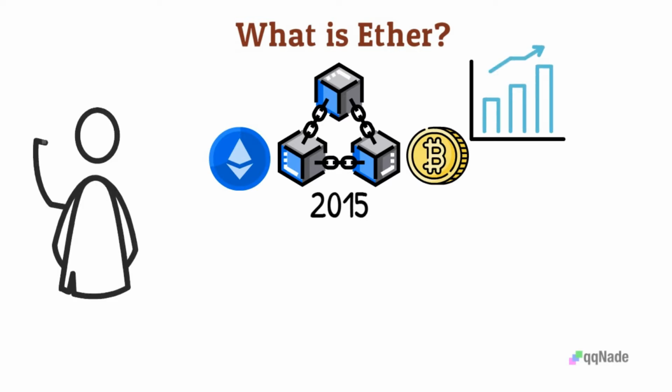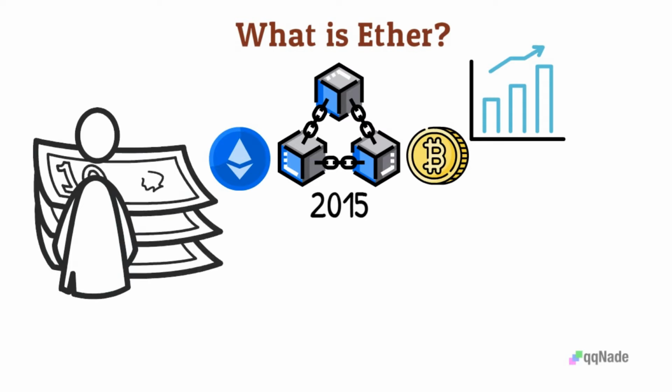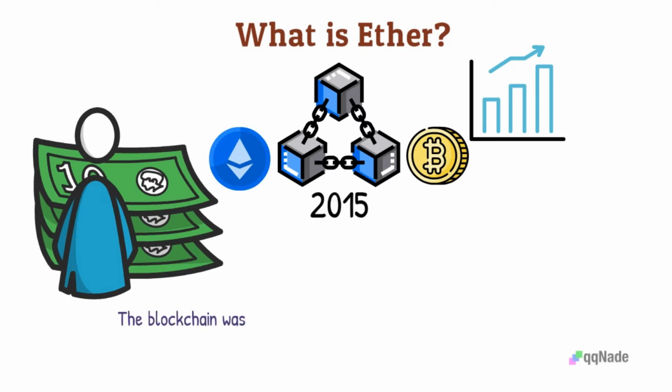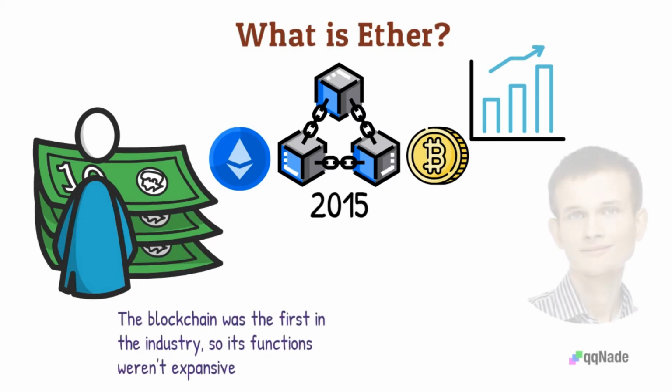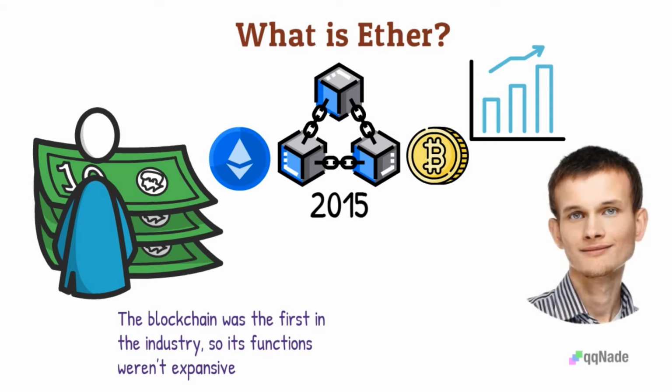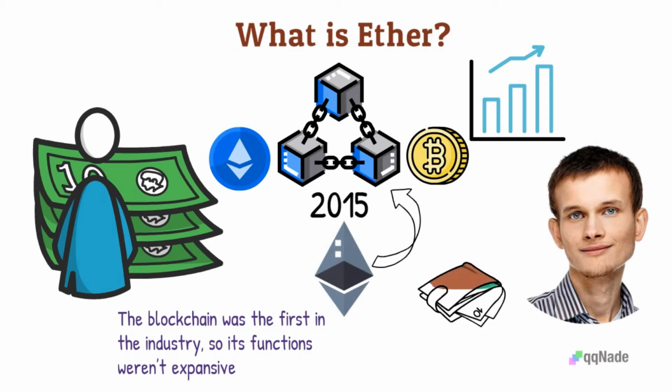However, it had been designed to execute only one function: be a decentralized means of payment. The blockchain was the first in the industry, so its functions weren't expensive. Vitalik Buterin is a programmer who saw right through this and developed a cryptocurrency called Ethereum. You can use this blockchain to execute basic payments and transactions and would be amazed at the ton of other